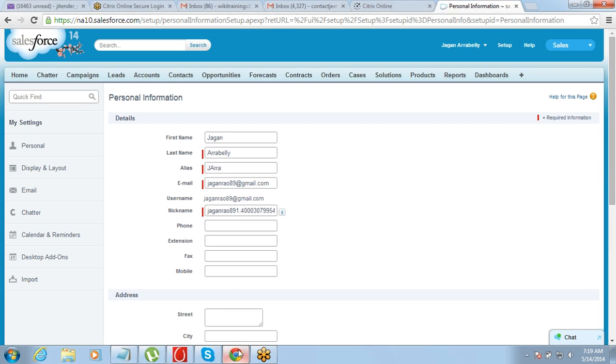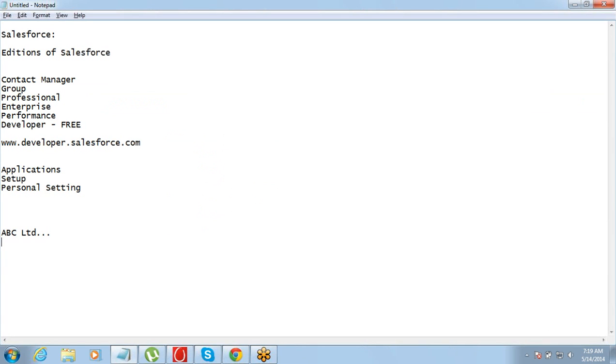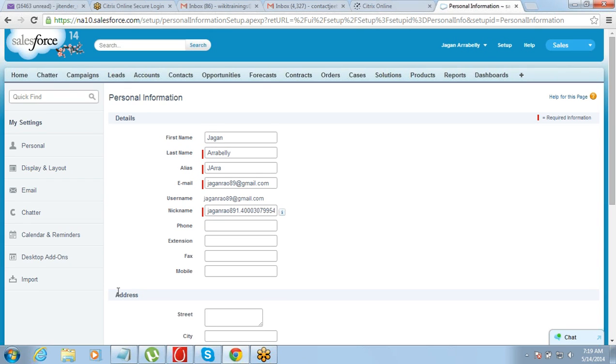So how it works, I'll tell you. This company might have 10, 20 users. Okay, let's say this company has 20 users. So they have applied for 20 licenses. So Salesforce.com will do what? They will create one login ID and password and give it to this company. Okay, and from this one login password, from this login, the first user who logs in, let's say I am the first user who logs in.